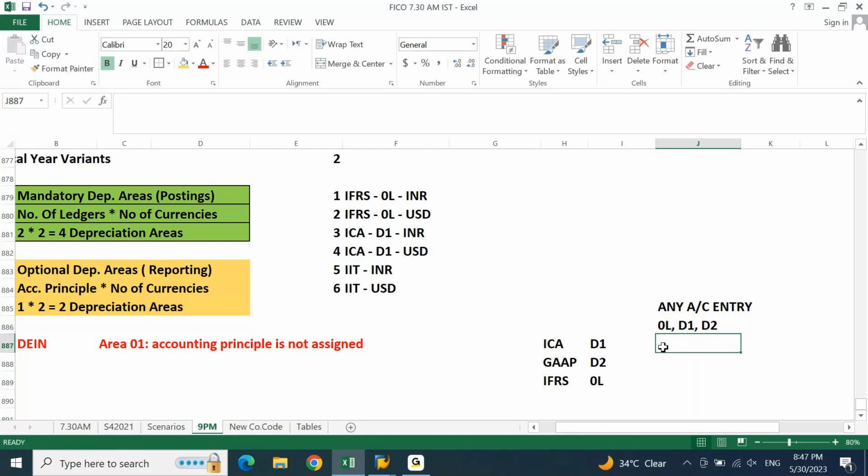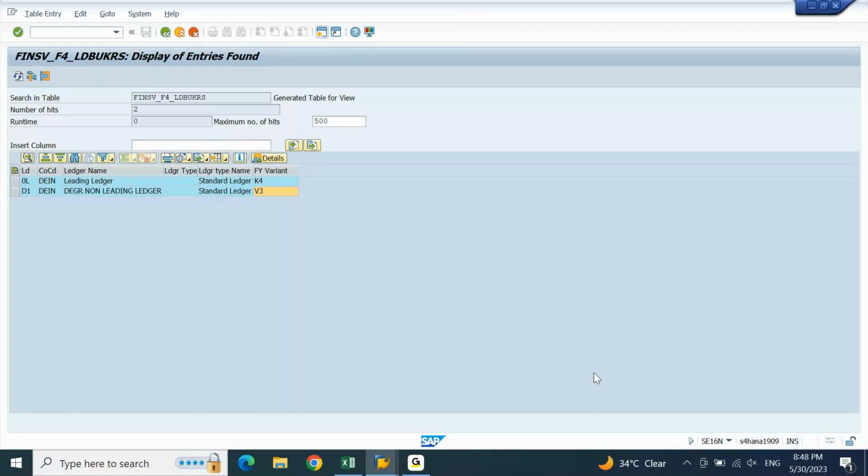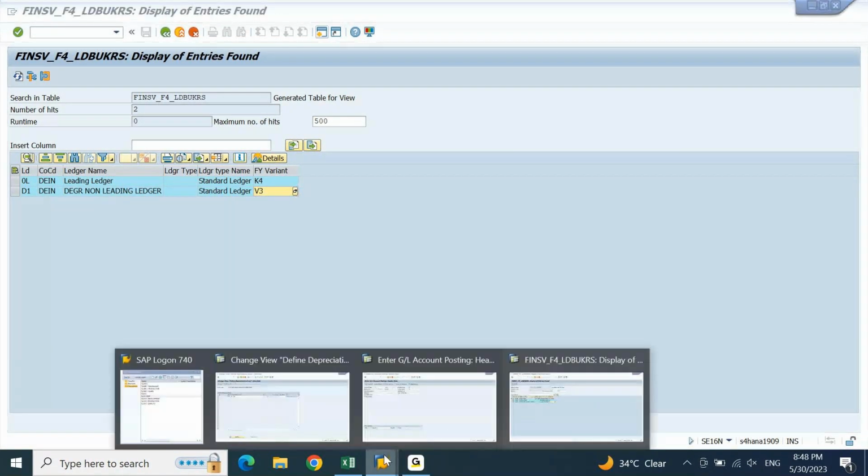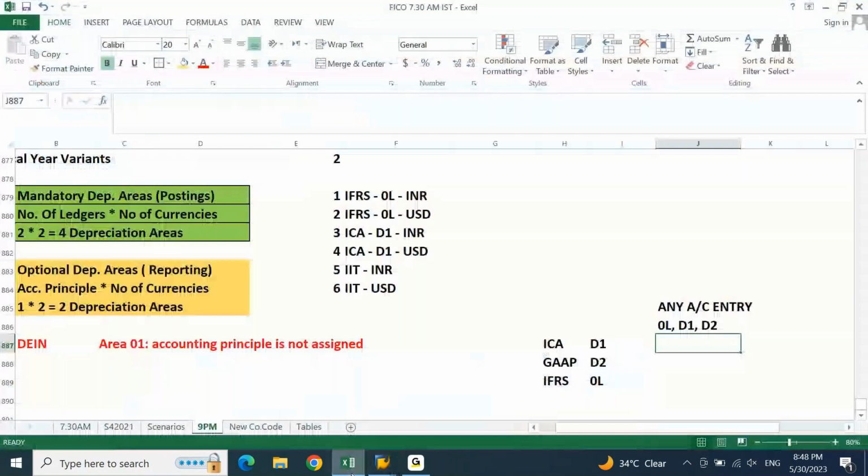Any entry that you record will be updated in all the ledgers which are assigned to your company code. How the system knows which ledgers are used for your company code is based on this table assignment. From here, the system understands what ledgers are used by your company code. Once you get this information, when you pass the entry, this is what you are going to do.